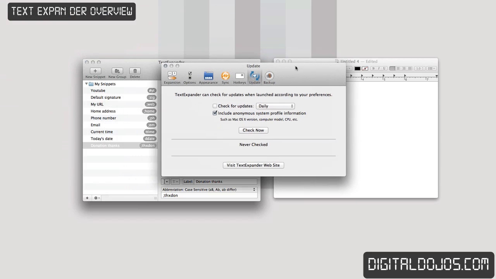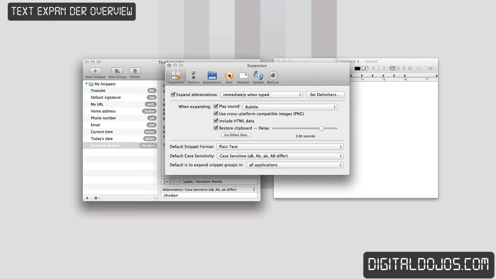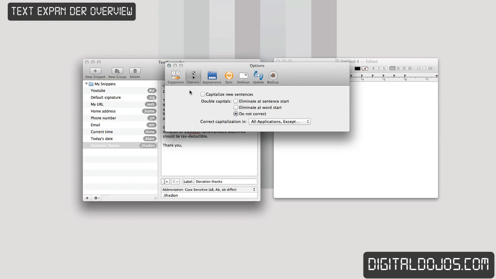Going into preferences here of TextExpander, you have a lot of other stuff. You can change the sound that's played. You can have the default to expand snippets in all applications, or certain applications that you don't want those snippets being expanded in for whatever reason. You can have that set. So maybe you need to use certain